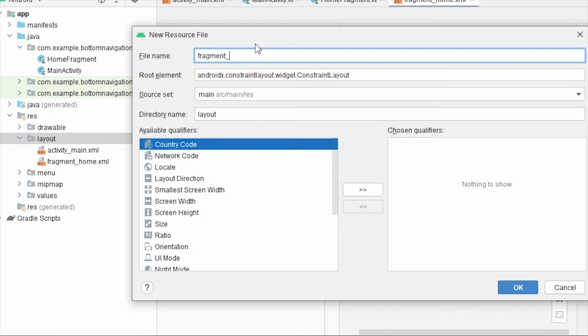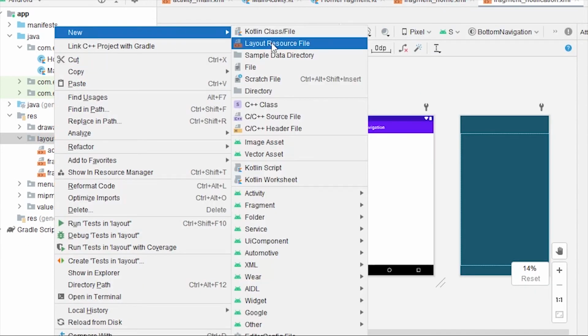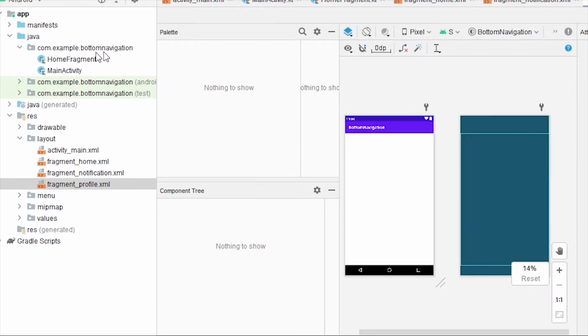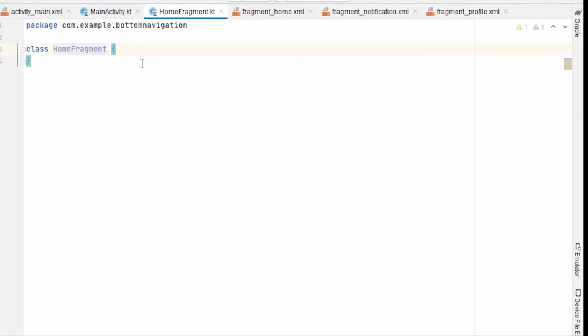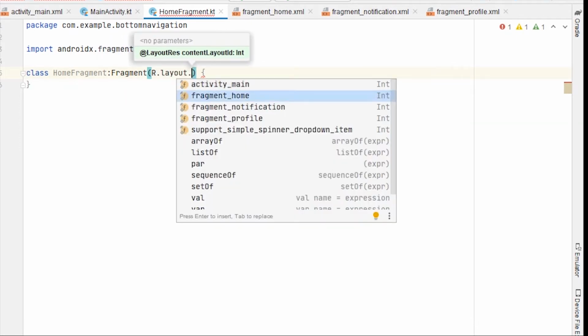fragment_notification, and the last will be fragment_profile. Now let's go to HomeFragment Kotlin class and extend Fragment here, and in the constructor I'm going to pass the layout R.layout.fragment_home,